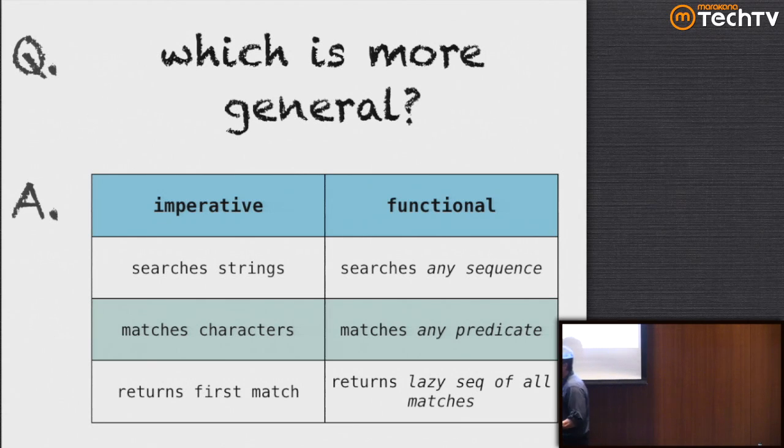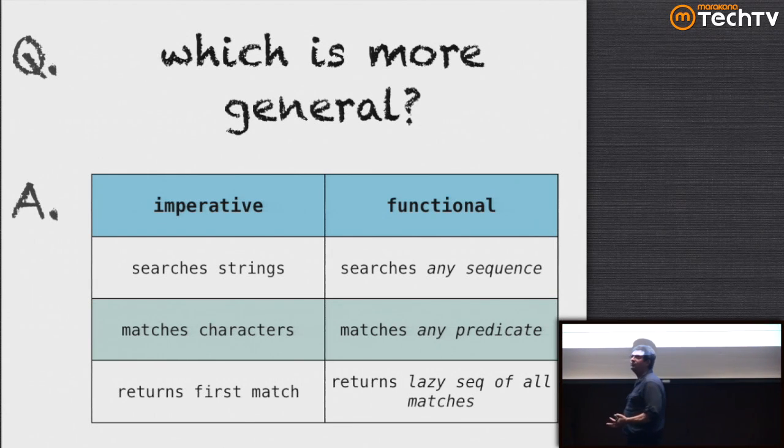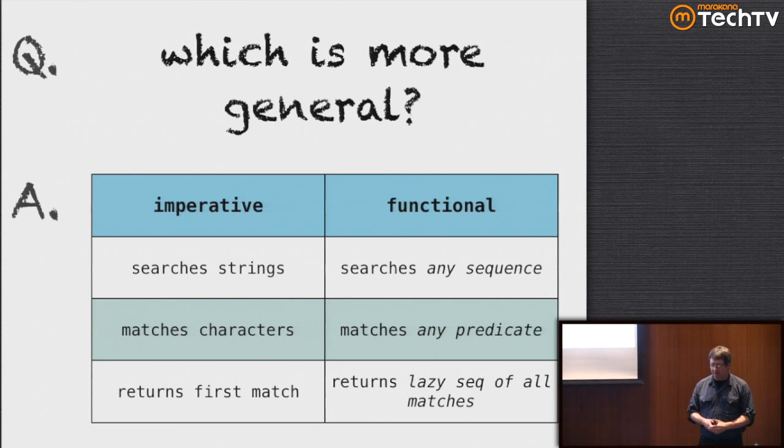So that's another thing you get from most of the sequences in Clojure: they're all lazy, meaning that they evaluate the first element and then don't evaluate the rest of them until you ask for them. So it's as efficient as possible. It generates as few values as it needs to, but then you can ask for more, and it'll lazily generate those values for you as you need them. So here, for my index, I'm saying give me the first one, but then I can say, okay, give me the next one and the next one and the next one. So it's actually more general and more powerful than the imperative version.